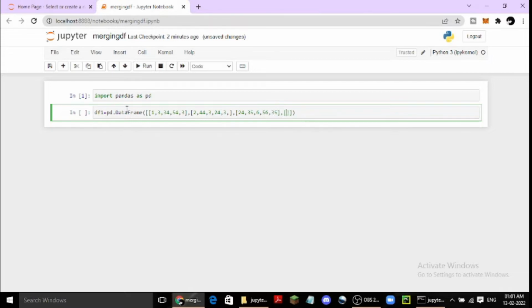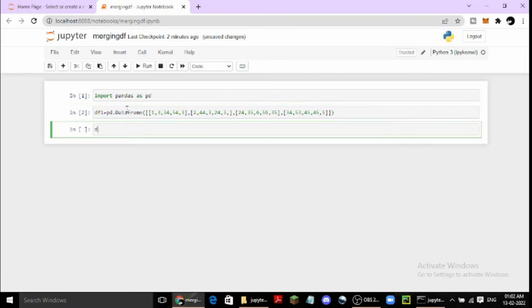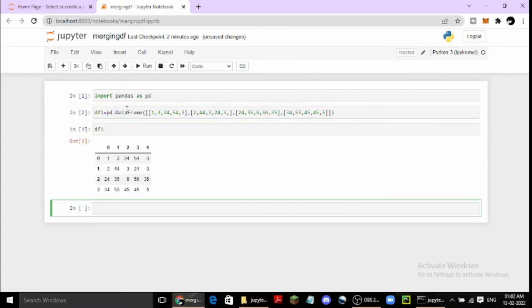I think we are missing something. Now shift enter and df1. Okay, so we have created df1, and the same way let us create